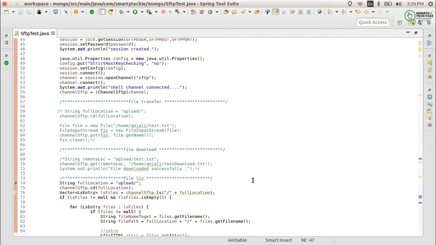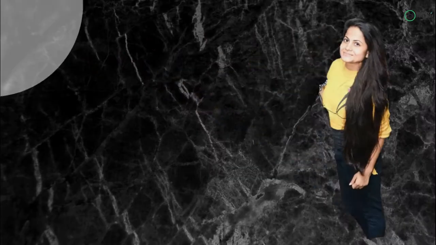Today we will talk about the topic of SFTP. We have already covered file transfer, file download and file upload. Today we will talk about file listing, that is, if multiple files are present at a remote location and we want the listing of the files, and even after listing we want to download multiple files to our local system using SFTP. That will be in the Java language.